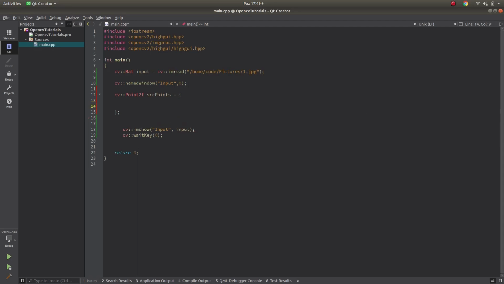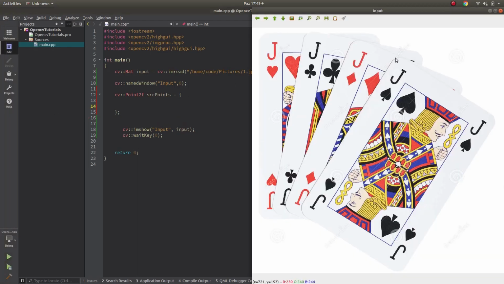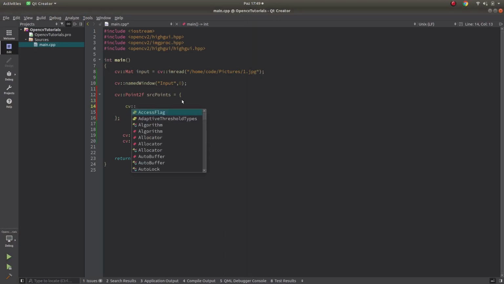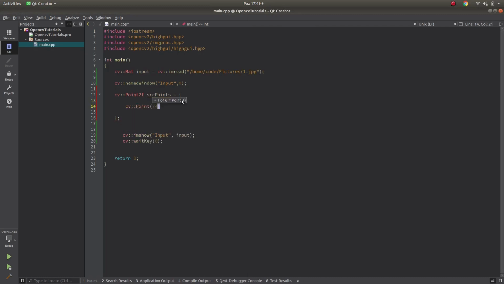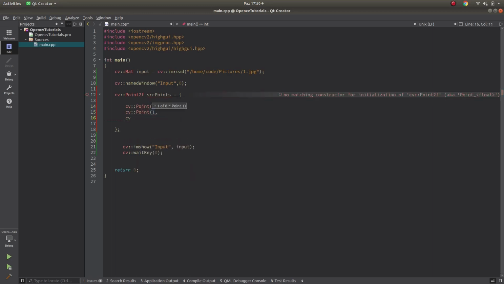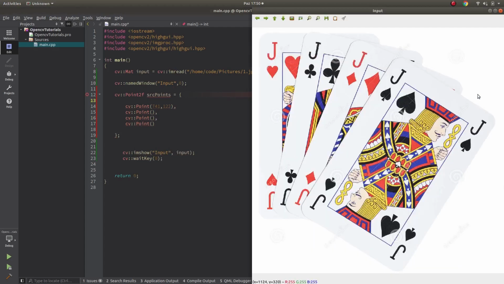Now we will write the points starting from the left. Let's say I'm checking the coordinates from here. These coordinates are 722, 142. Let's write it. Actually, it will be 4 points. Let's add all first. This one is 1226, 453.